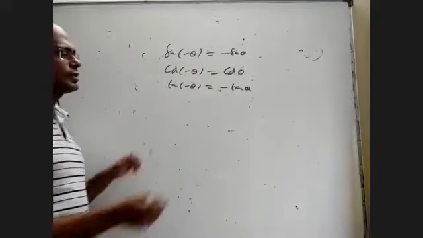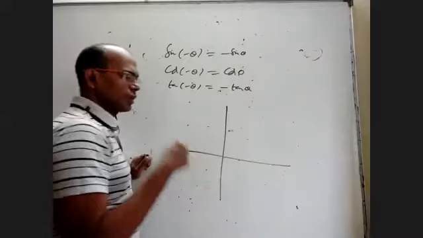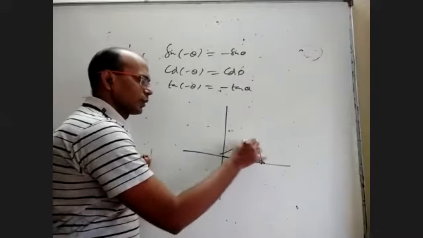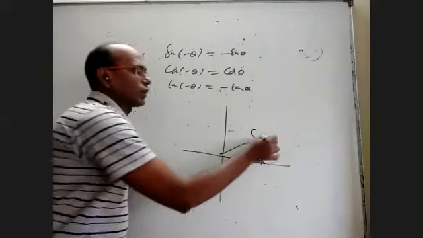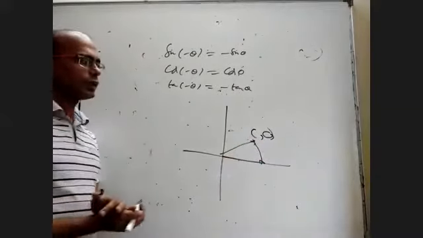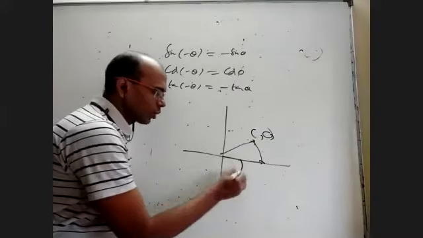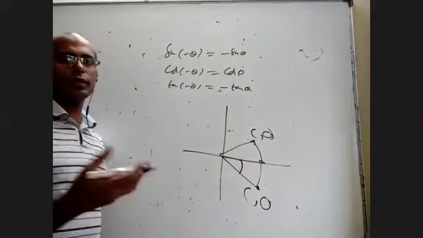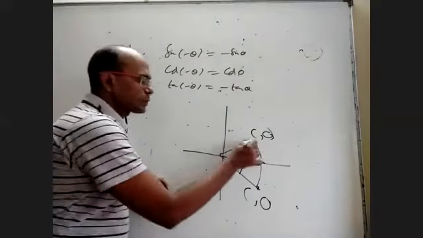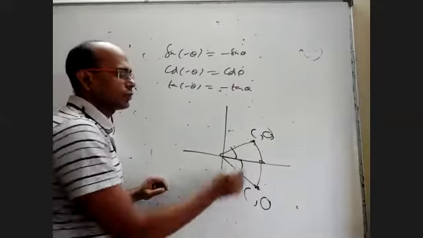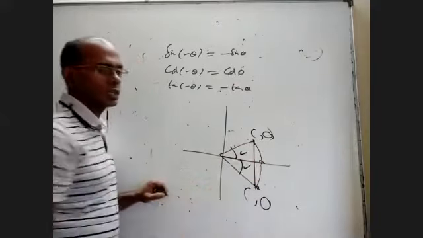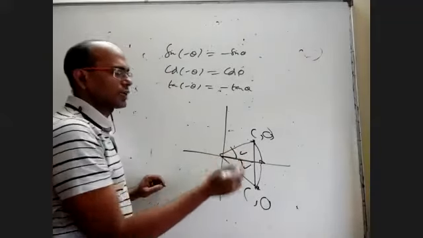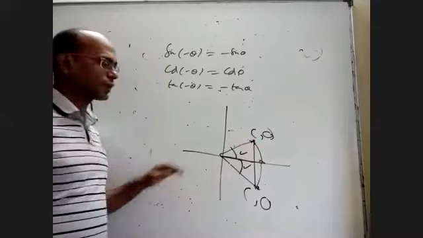Why? Very simple. If you want sine 30 degrees or even sine 17 degrees, what will you do? You will turn 17 degrees. You will get one point with an x coordinate and y coordinate. The y coordinate will give you sine 17 degrees. If you want sine minus 17, you turn clockwise 17 degrees. You will get one point. The y coordinate of that will give me sine minus 17. If you take this point and this point, because by turning the same angle you got them, if you join, this triangle and this triangle are congruent. This length, whether you take this triangle or this triangle, is the same. That means this and this are mirror images of each other with respect to the x-axis.